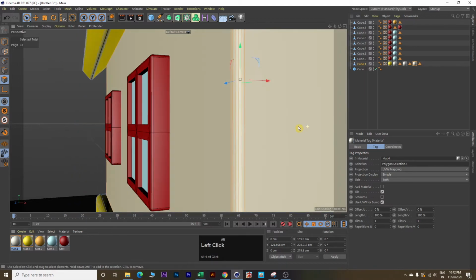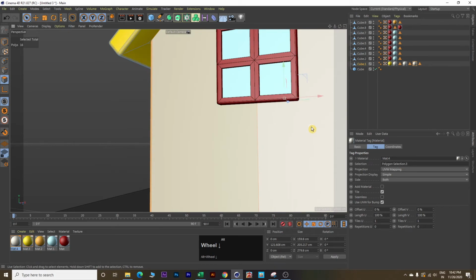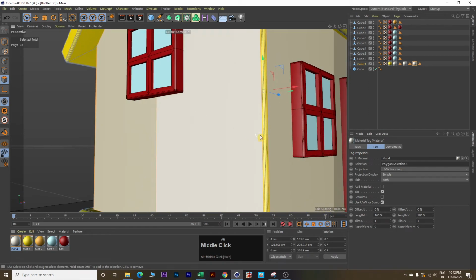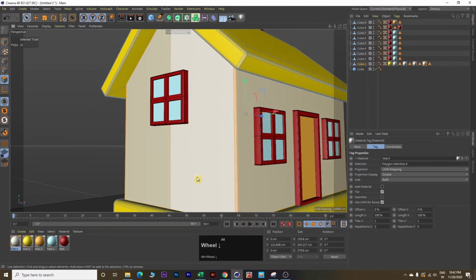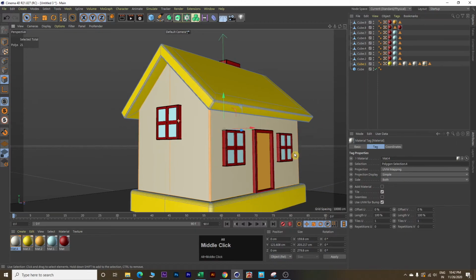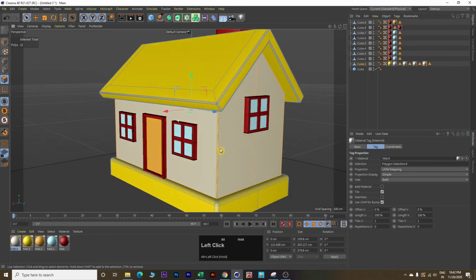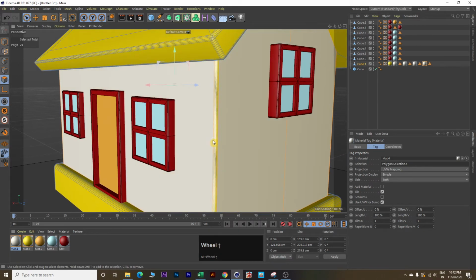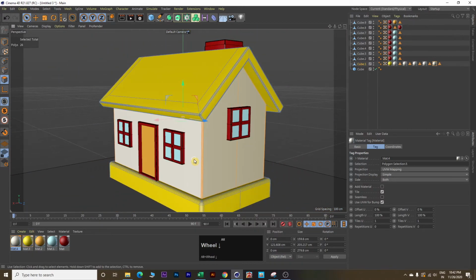Again rotate your house, select these edges, right click and apply. Now the last corner here, select these edges, right click and apply. Okay, now the house looks good.